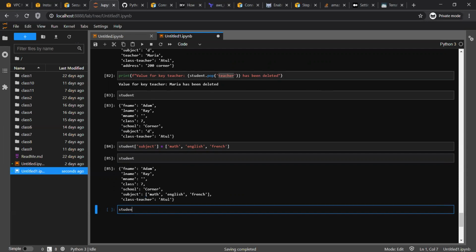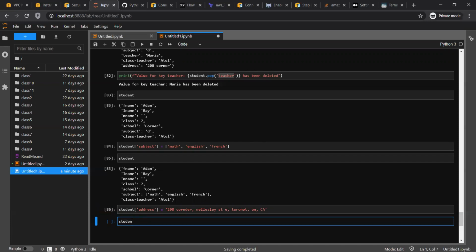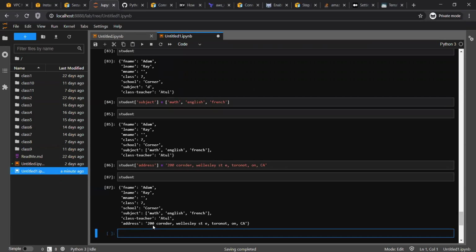Suppose student address, you can write it like this: 200 corner Wellesley Street East, Toronto, ON, Canada. This is for one student, right? But the problem is, if I wanted to know what street he is living on, that's a little difficult, because street doesn't exist separately.